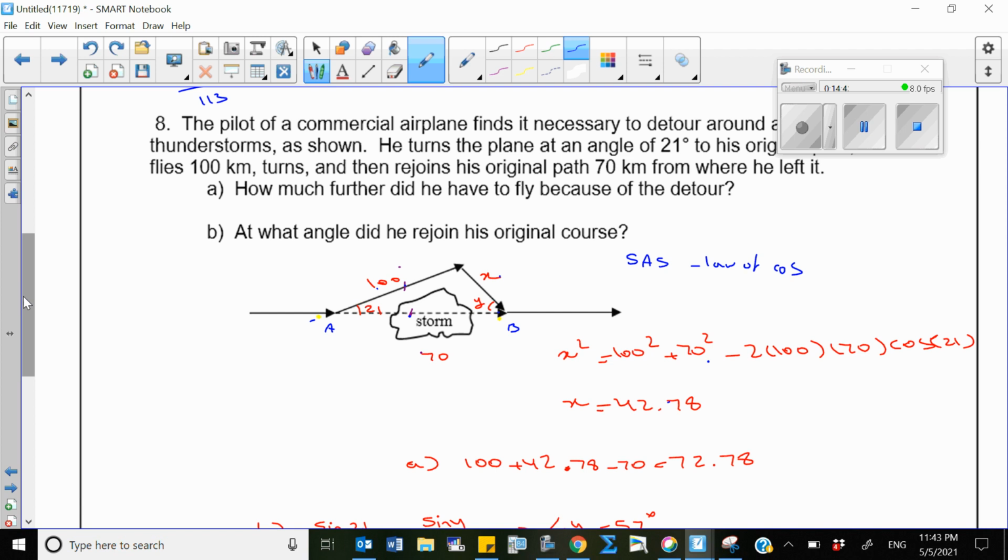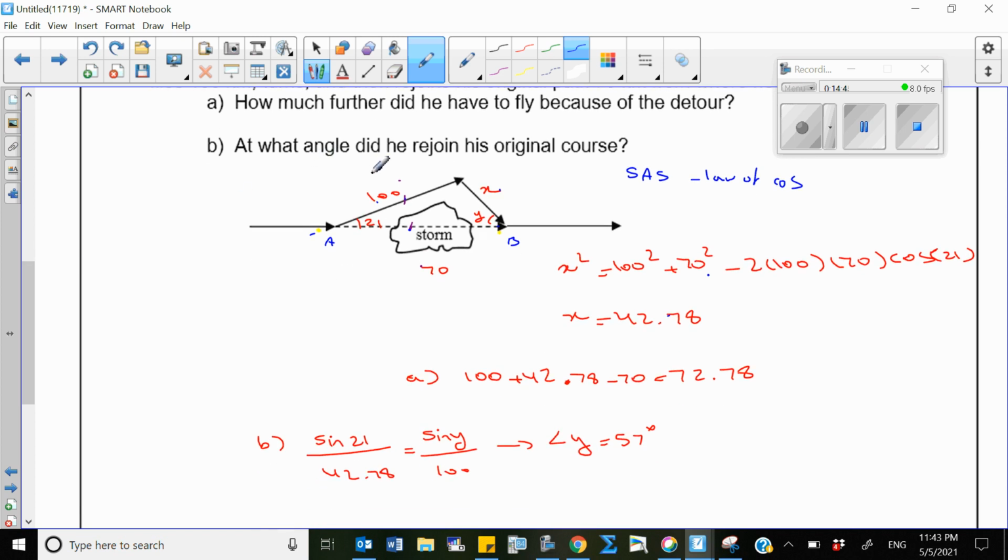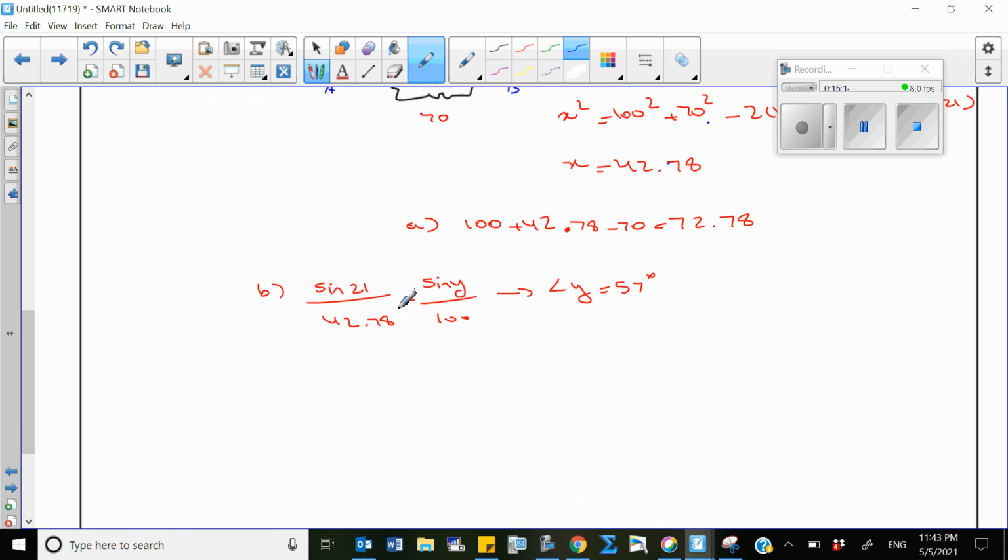So that's part A. Now part B is asking at what angle did he rejoin his original course. So we're trying to find this angle. So I'm going to use law of sine this time, and we'll see that sine of 21 over x, which was 42.78, equal to sine of y over 100. So if we cross multiply, we will see that sine of y is equal to 100 times sine of 21